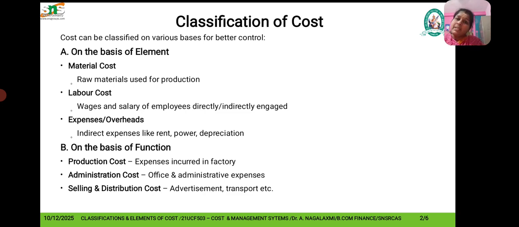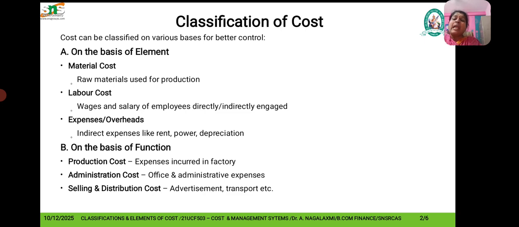material cost. Likewise, labor cost means the persons who are involved in production directly come under labor cost, that is the wages or salaries paid to the employees directly or indirectly engaged with the production. Third one, that is expenses or overheads. So indirect expenses like rent, power, depreciation of machinery, everything comes under expenses or overheads. So the material cost, labor cost and the expenses or overhead cost constitute the basis of element in the classifications